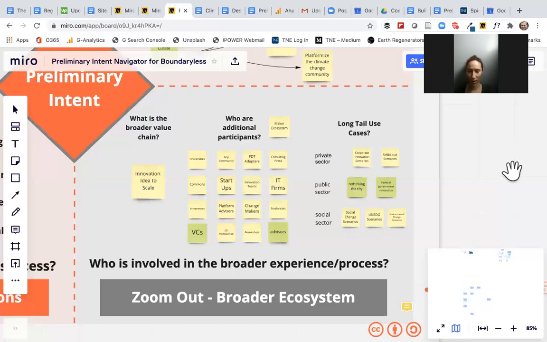And then finally, with that broader ecosystem in mind, you can think about what long tail use cases are now a little bit more obvious. We broke this up into the private, public, and social sector so that when you're doing an ecosystem strategy, people think outside the box of just whichever sector they're currently in, especially because some complex problems of today require collaboration across the sectors. So for the long tail use cases, we wanted people to think through the interplay between the sectors as well.